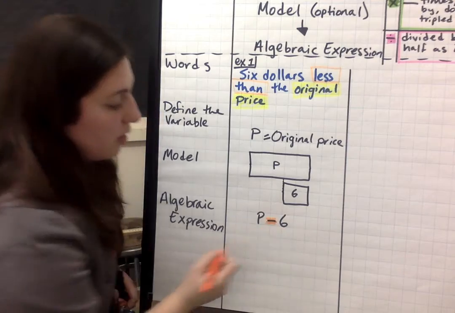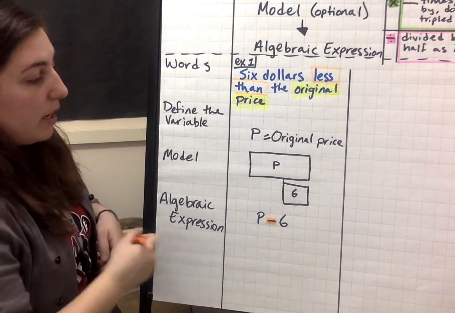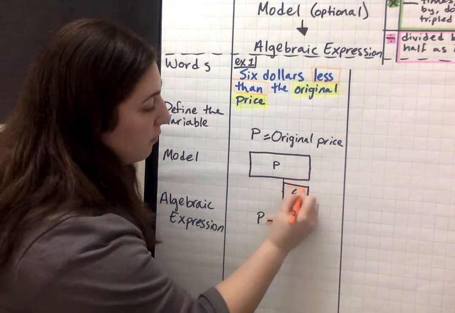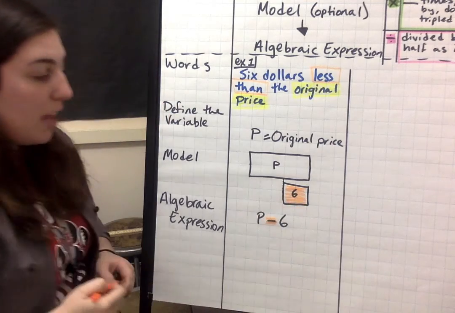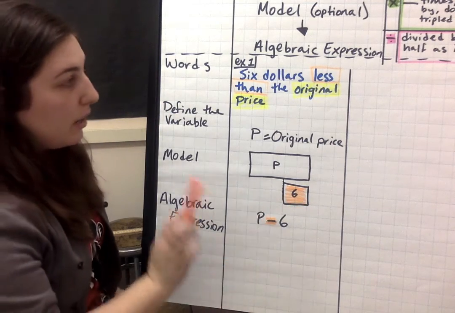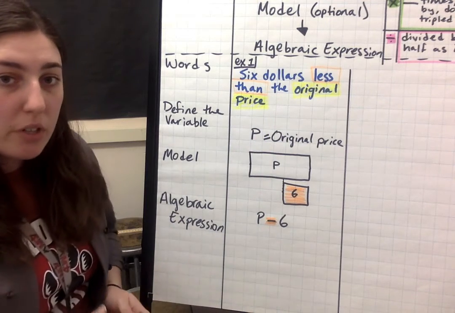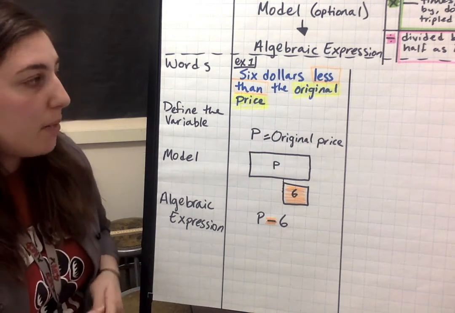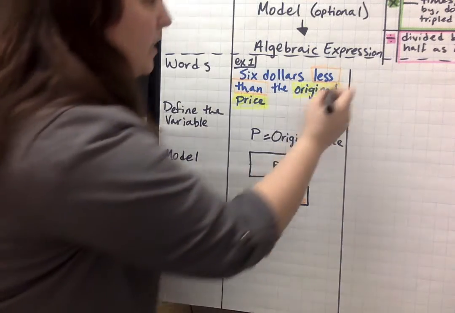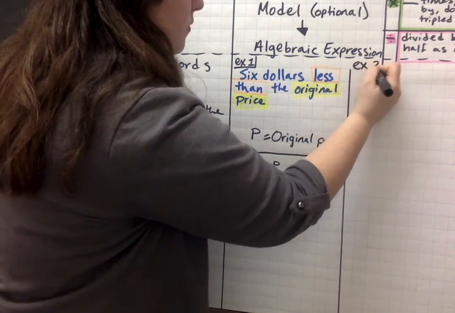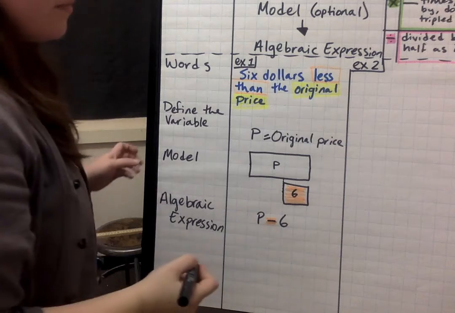Just for good measure, I'm going to highlight that, and this to show that I'm subtracting it, okay? And I'm using orange because in my keyword search I was using orange, just so we keep in mind that we're subtracting. Now, last example, so our second example,